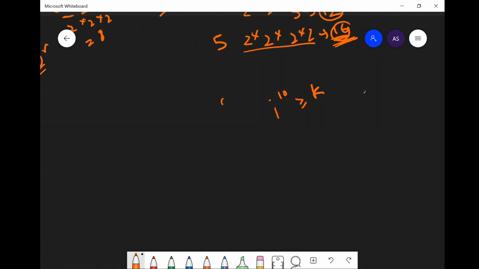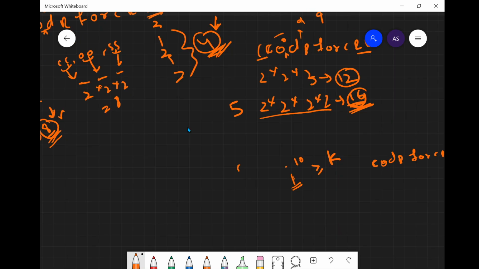If we look at the word Codeforces, it has 10 characters. Suppose each character is repeated i number of times, then how many subsequences maximum can we extract from it? That would be i to the power 10, by following this same approach. So here, till this point, we have repeated C, O, D and E.